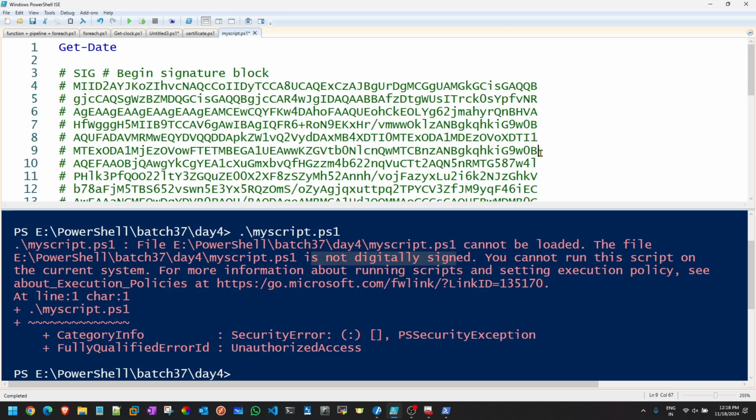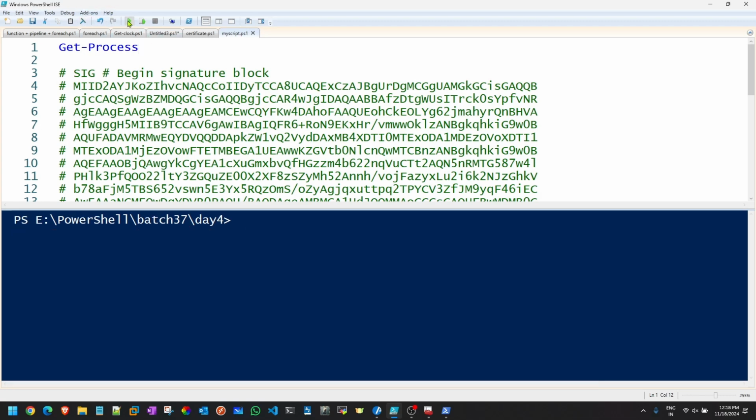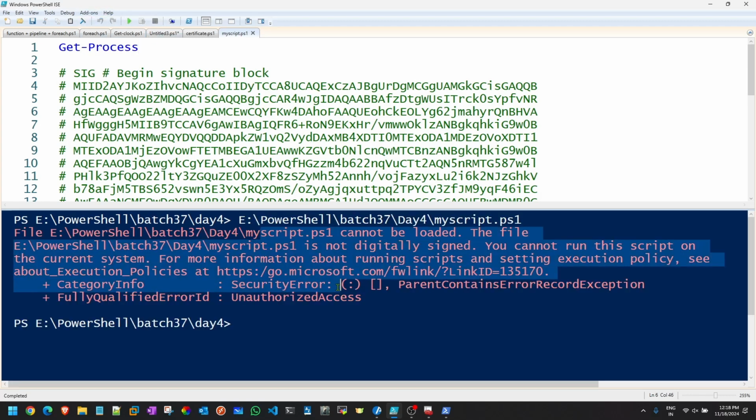I'll revert it back to B. Let's change the command. Instead of Get-Date, let's make it Get-Process. It's a valid command only, no? But now also, when I run the entire script, it shows an error. So the signature is actually bound with your exact content, not the number of characters written over there.